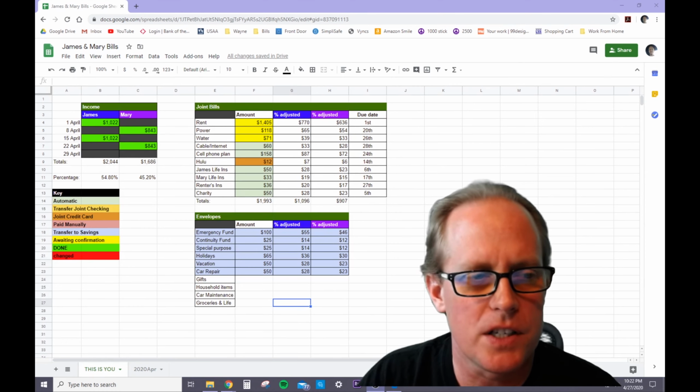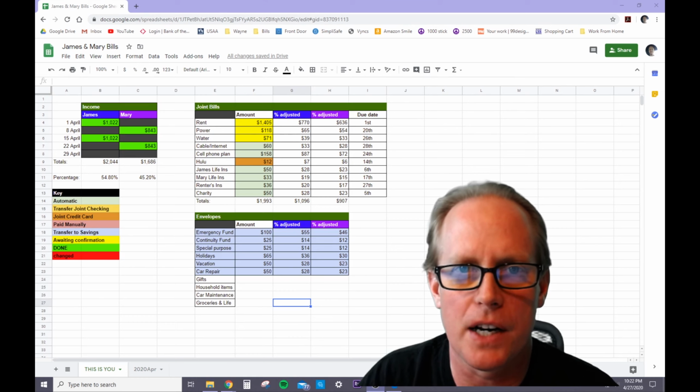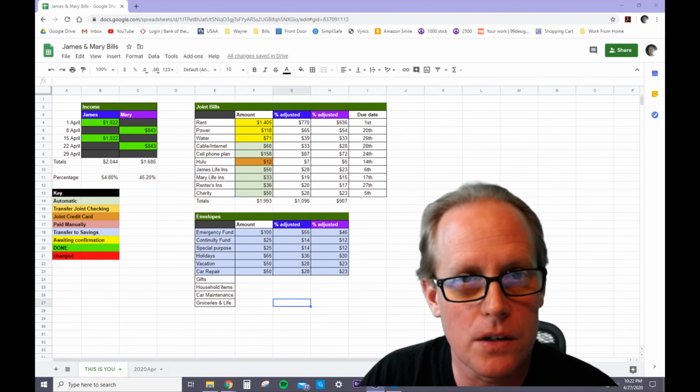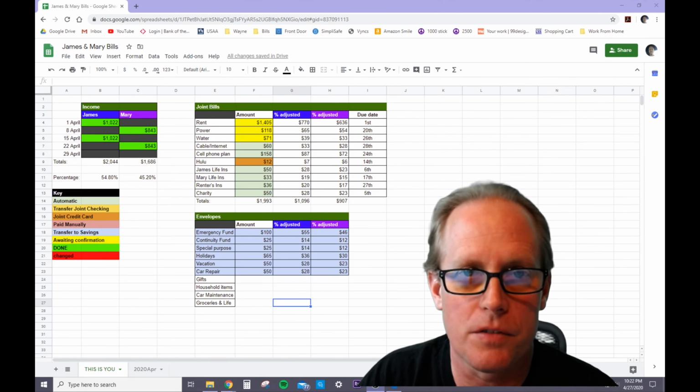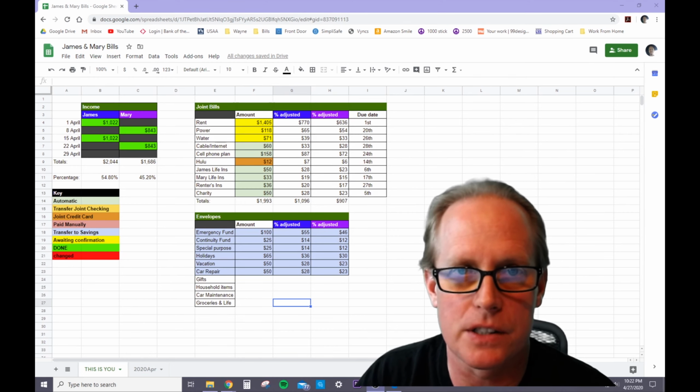The last envelope we're going to talk about is groceries in life. This is everything that it takes to run your house and keep people alive. Paper towels and toilet paper can go on here because that's part of something that you get at the grocery store, but home improvement projects would not go in here necessarily.